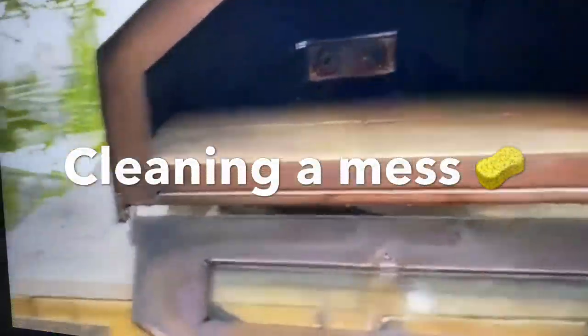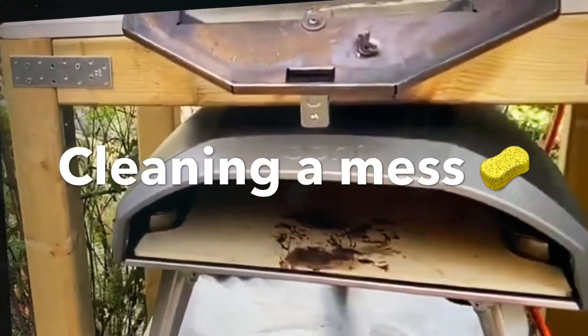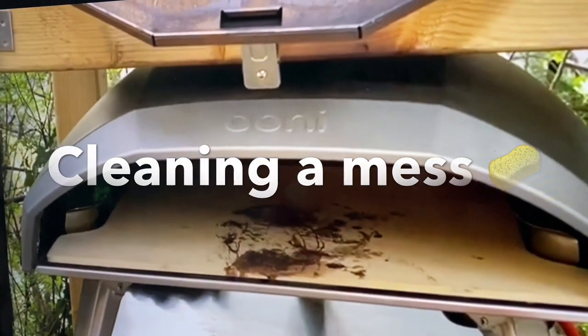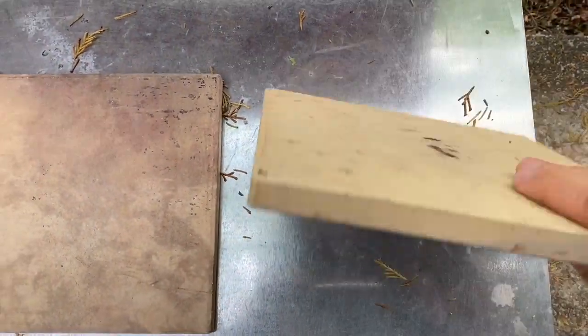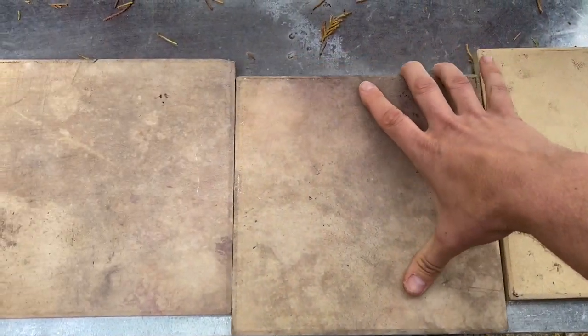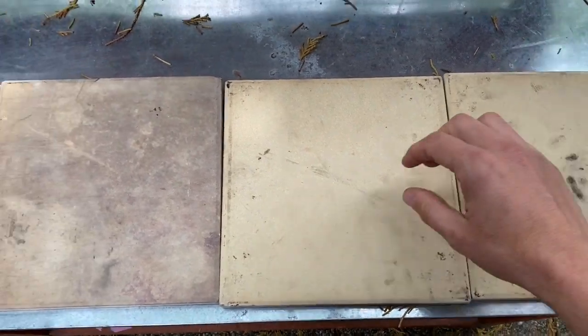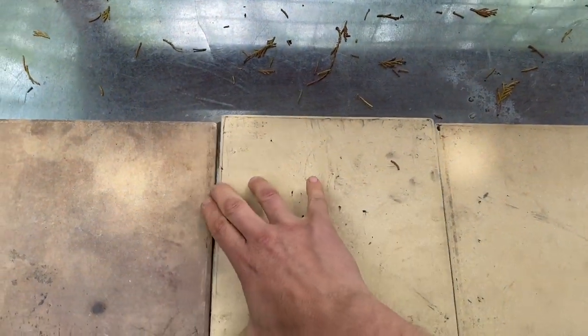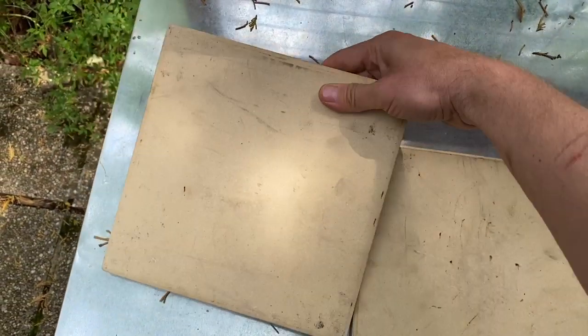So when you've cooked your pizza and maybe something happened to you, like it happened to every one of us, you maybe have to clean the mess, and you can clean the stones from the Pro by just heating up the unit to the max temperature, even with propane. This is like 480 to 500 degrees Celsius. At these temperatures, everything that is left on the stone, be it rests of food or flour or burnt pizza, dissolves with the so-called pyrolysis, which is a chemical process of thermal decomposition where all material left on the